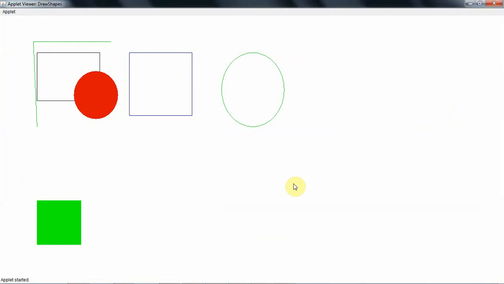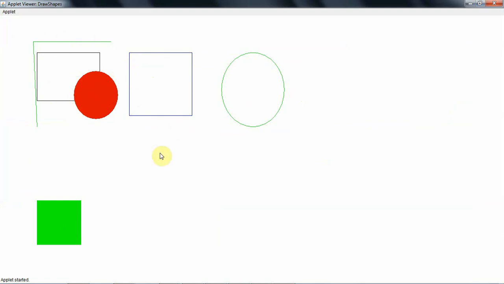With the different drawings, we drew two lines like this, and a rectangle, fill oval, draw rect, then draw oval, and then fill rect.